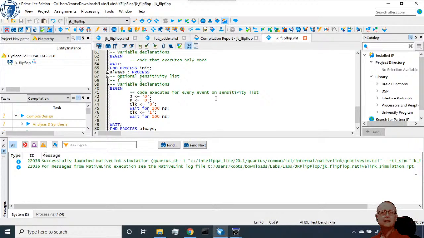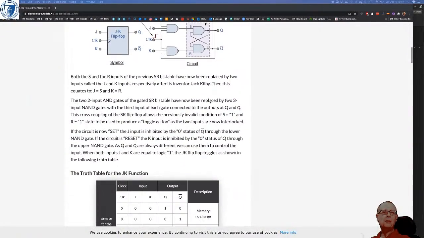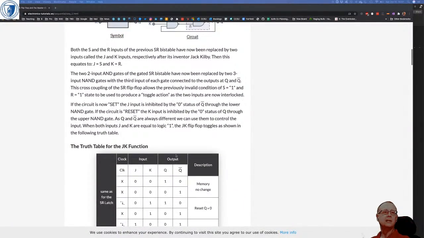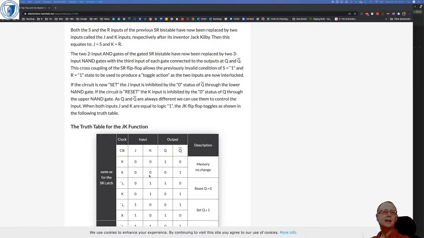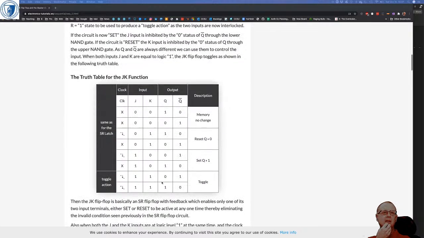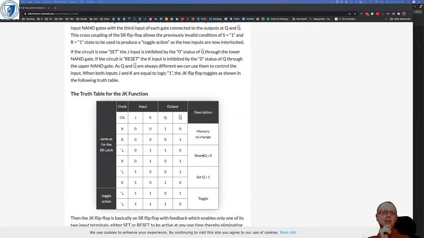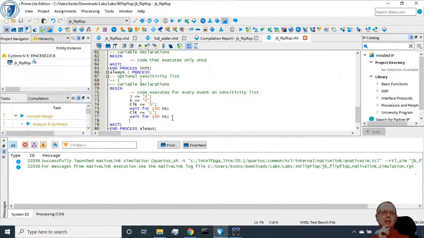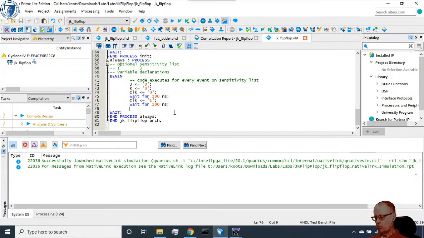Now, what happens if both J and K are 0 and we do a transition? If both J and K are 0 and we do a transition, then nothing should change. It only changes potentially in one of the other 3 options with values of J and K. So what we should see is